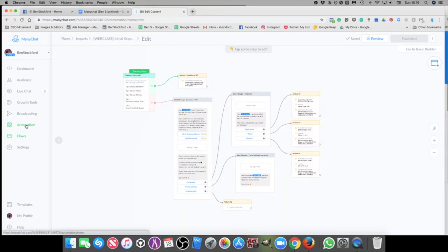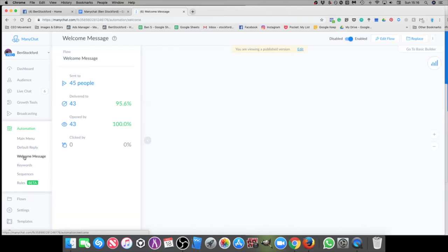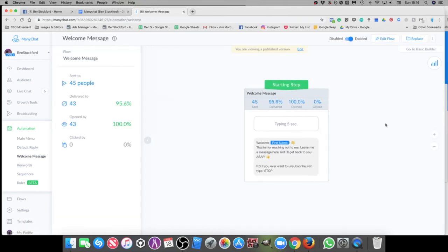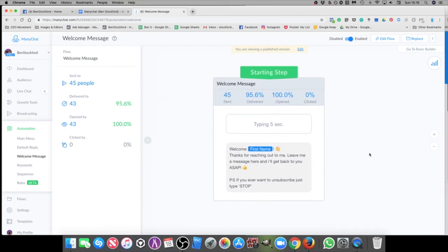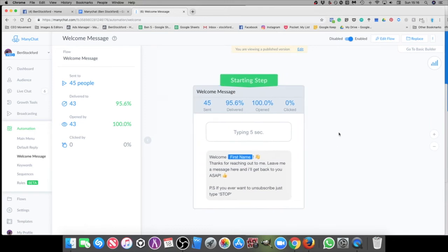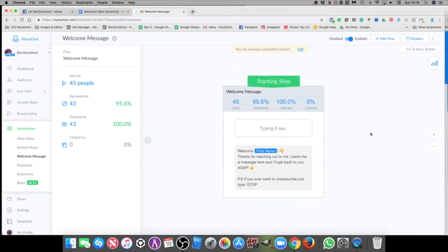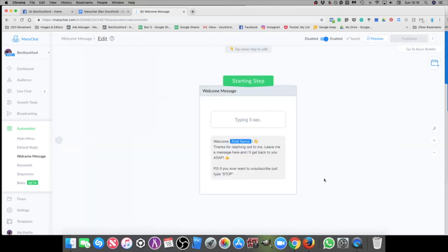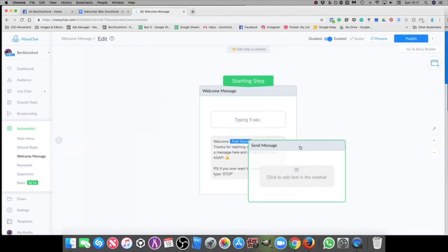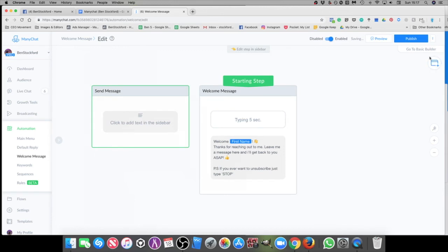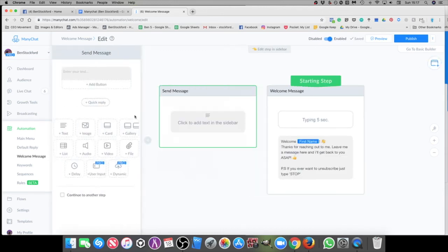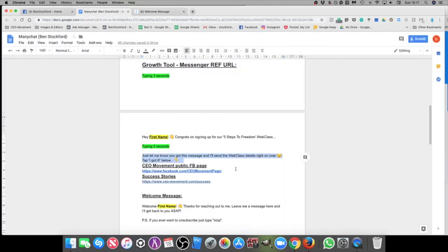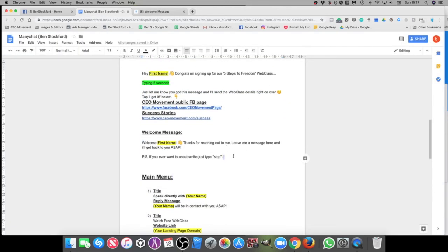Now if we go on to automation, we want to make a welcome message basically. So what this is for is if someone goes onto your fan page and they go to message you, it will say get started, and then they'll click get started, and then they'll get sent this message. So to create that, all you have to do is basically add a message with this top right corner link, and then if you want to use mine, I've